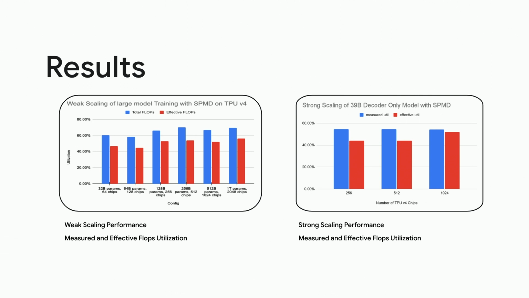The strong scaling graph shows the performance when we train the same size of workload across various cluster sizes. And the weak scaling shows the performance when we scale the work along with the cluster sizes. High utilization numbers are better, and we want utilization to stay flat or improve as we scale.